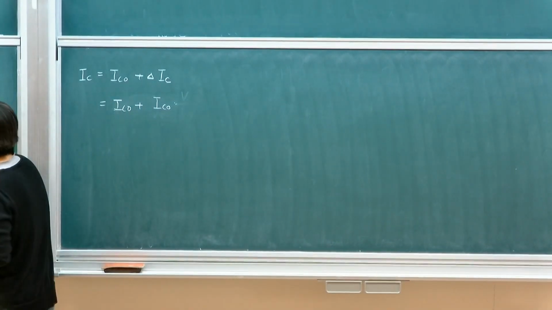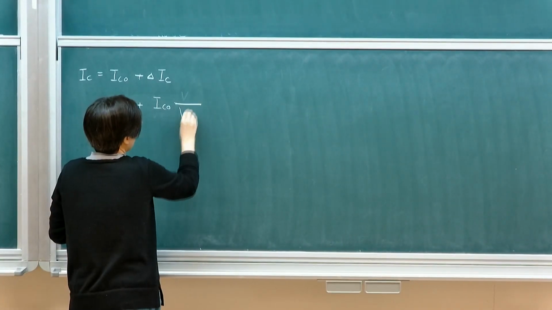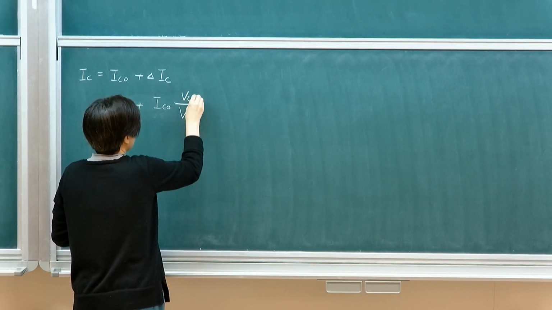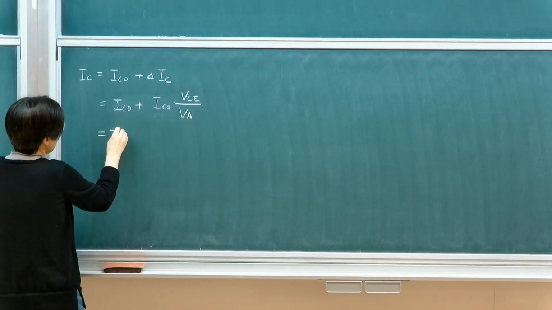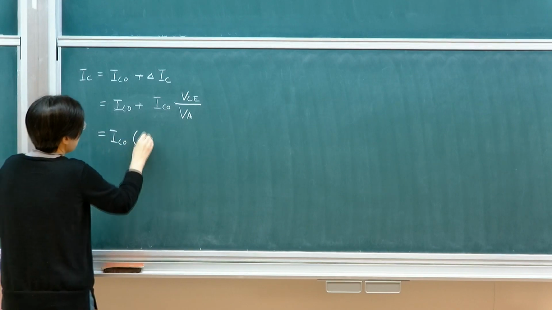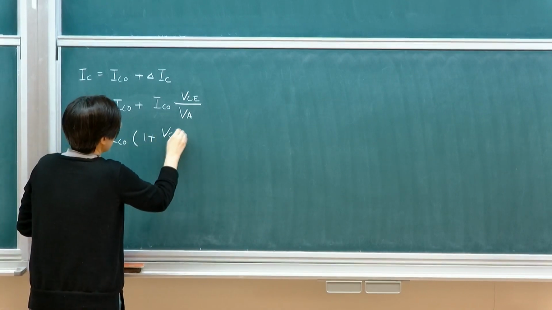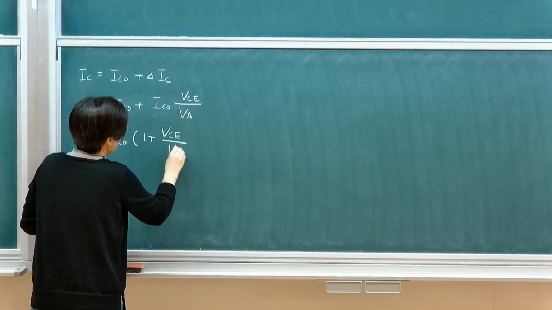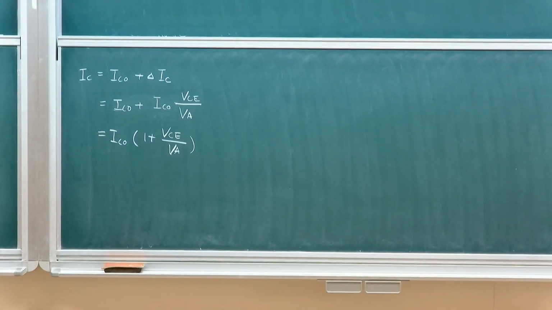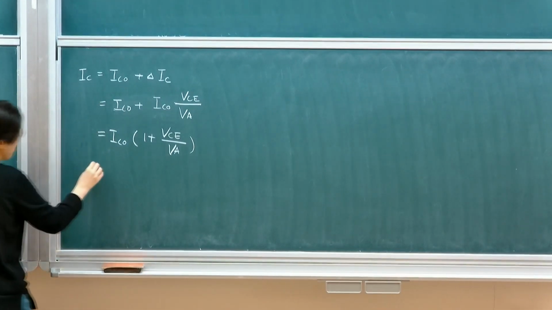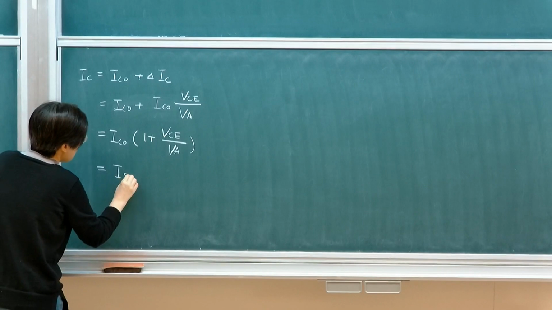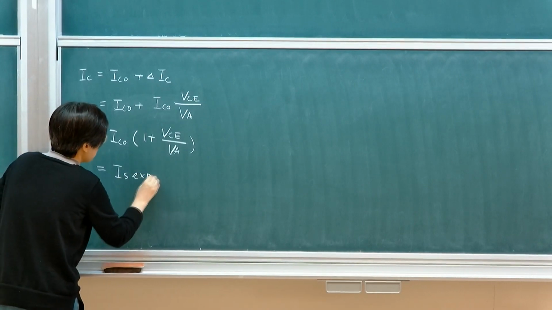I'm just summing these two up. So this would then give me ICO times 1 plus VCE over VA. Okay? So finally, our equation would then become my original